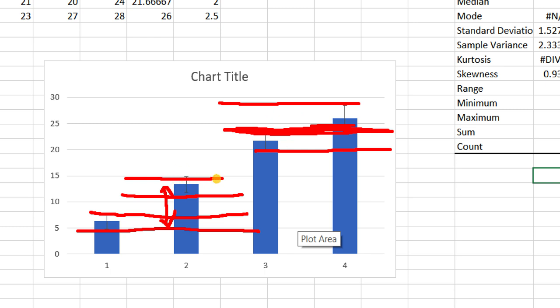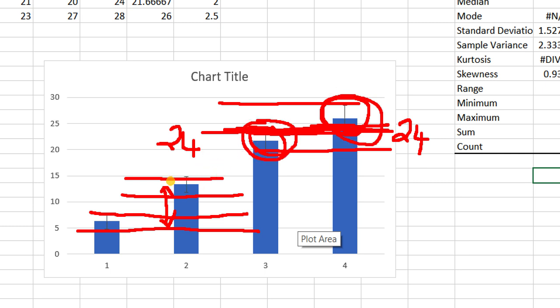It's not a huge overlap, but it means that some of the data in here under the same conditions is the same as some of the data in here, which means that if that had a value of 24, and over here that had a value of 24, there's no difference between them, so there's no significant difference in the data. Maybe if we ran the experiment again, even though the bars look different here, maybe this would be 24 and this would be 24 again between